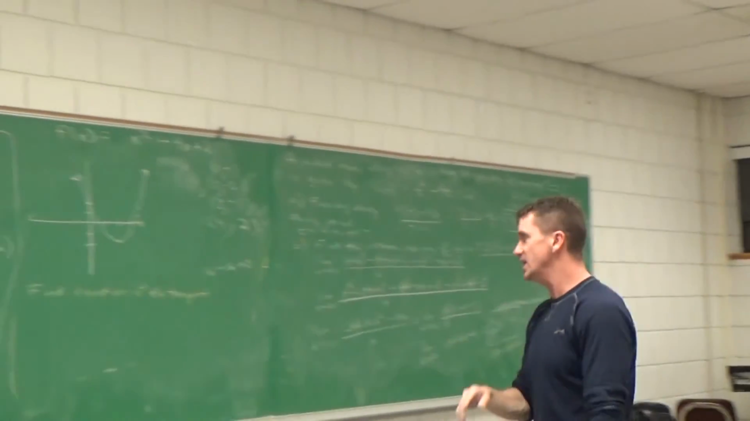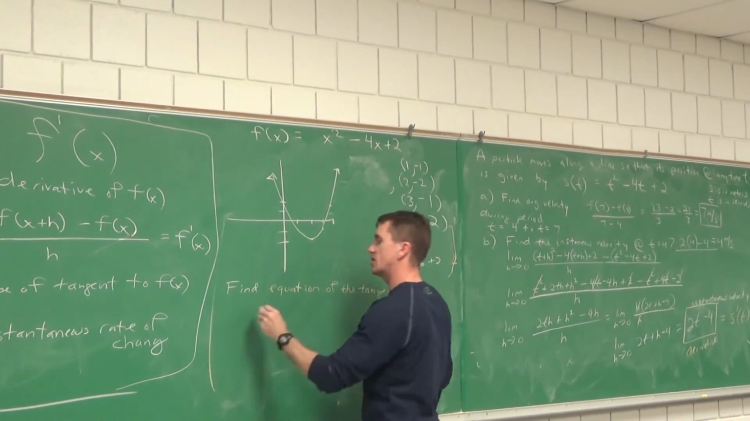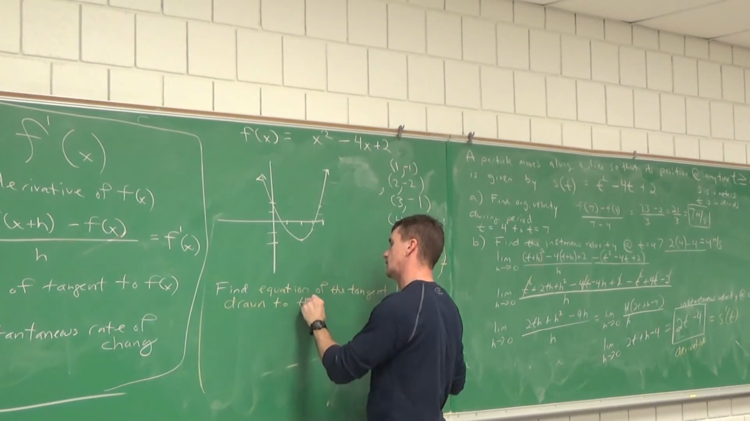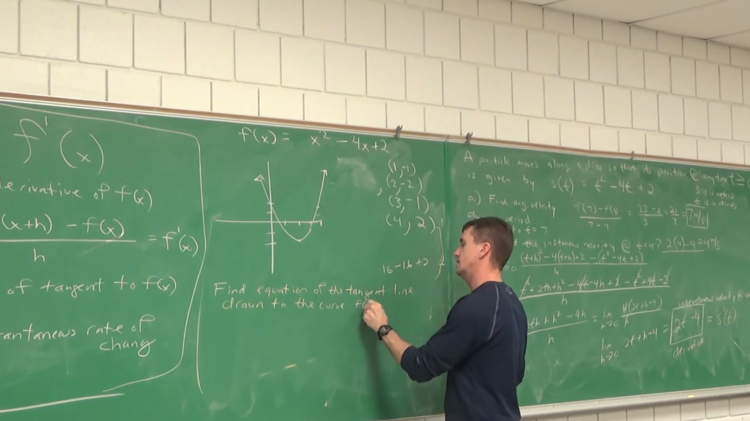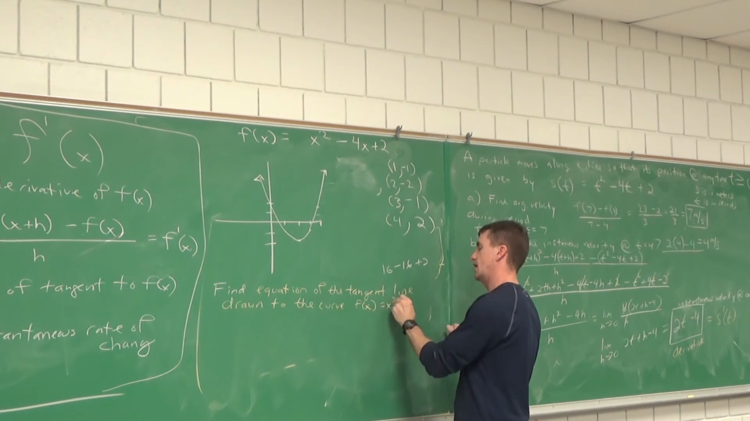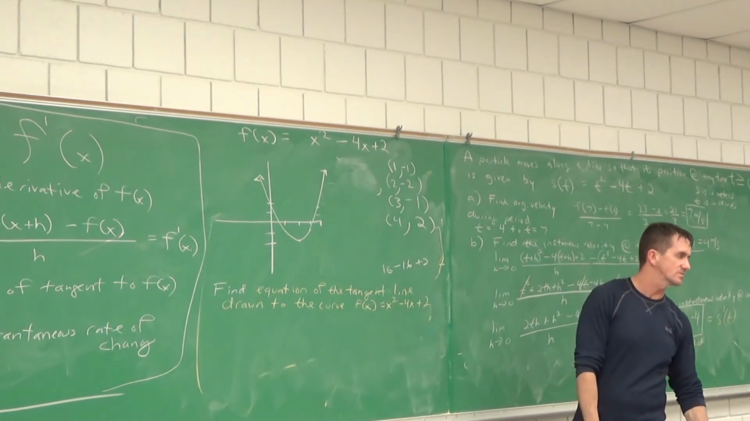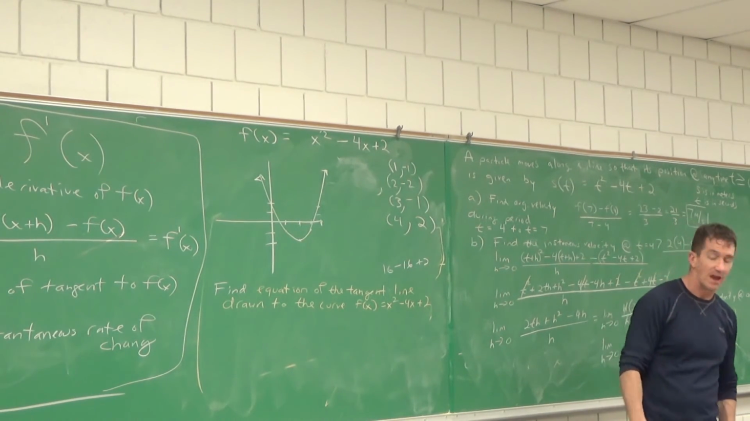Well, find the equation of the tangent line drawn to this curve above. What's this curve? f of x equals x squared minus 4x plus 2. And at what value do you have to do this? What value do you have to find this at? At x equal to